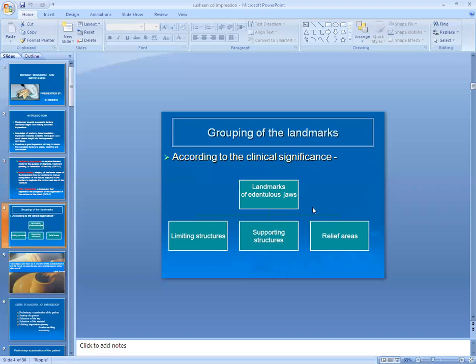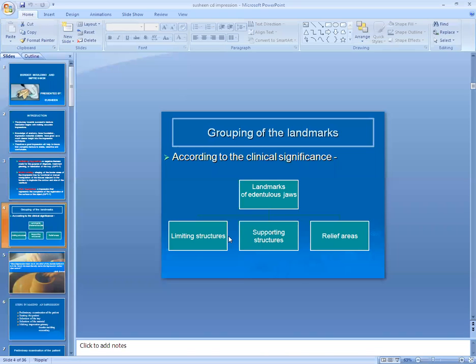Before going on, let us see the clinical significance of the anatomical areas. First, the limiting areas: we have to limit the border molding within the vestibule, buccal frenum, labial frenum, posterior palatal seal, lower arch retromolar pad, lingual vestibule, and buccal vestibule. Those are the limiting structures.